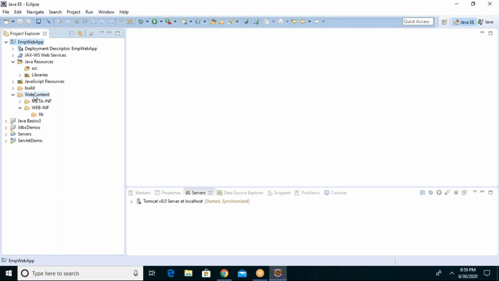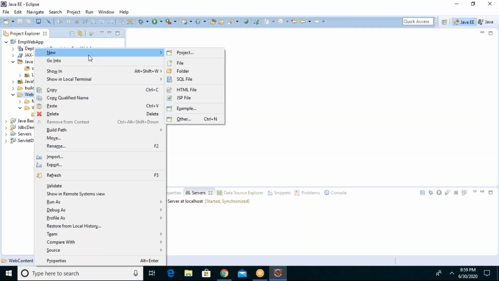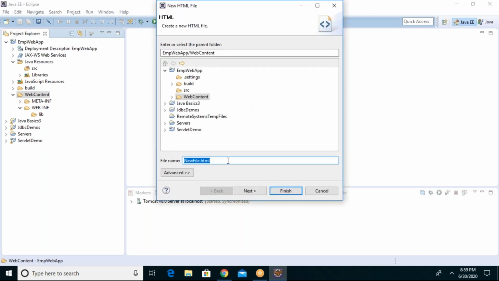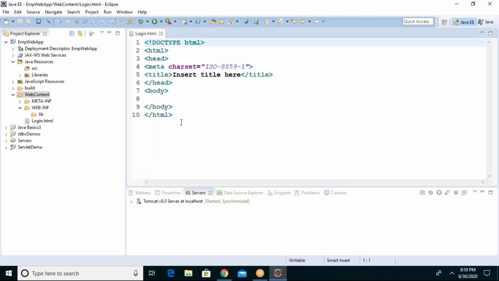First module is the login module. In any web application, we see a login module. Every user logs in, so we'll also start from the login module. In the web app, I'll start with the HTML. Anything we need to start with HTML. So I'll call this login.html, guys. In the login.html, we need to enter some values.